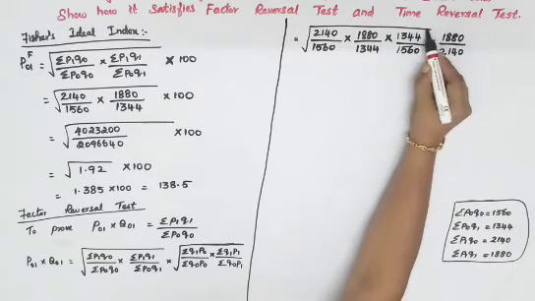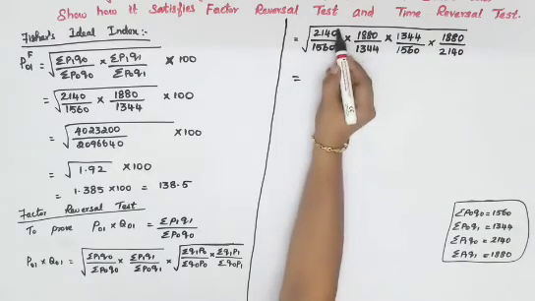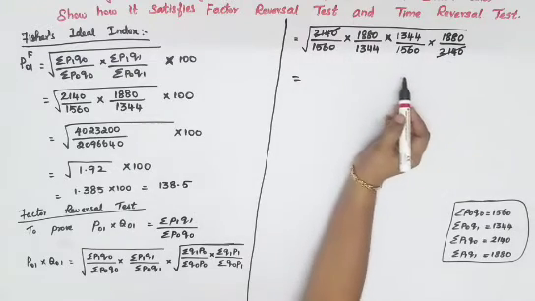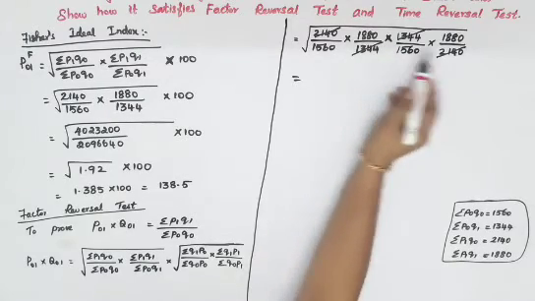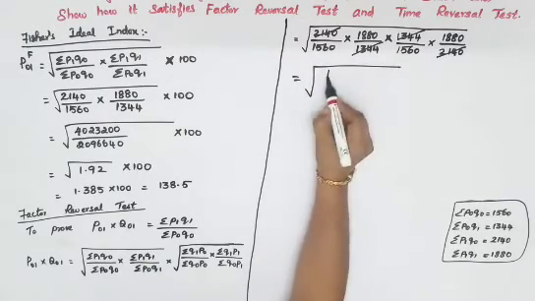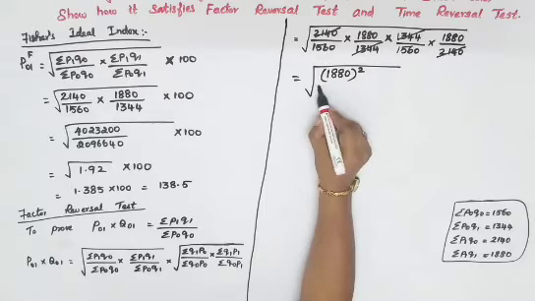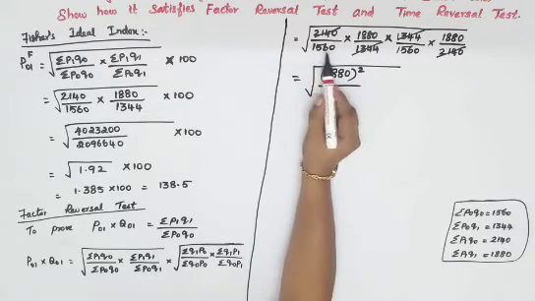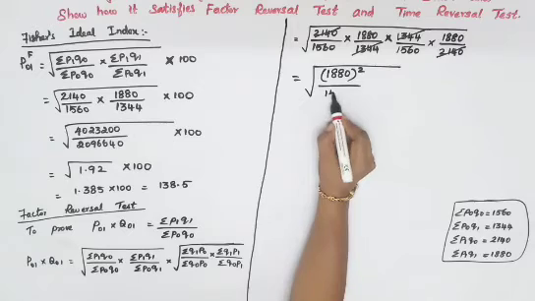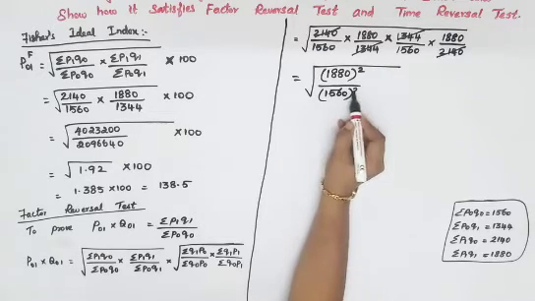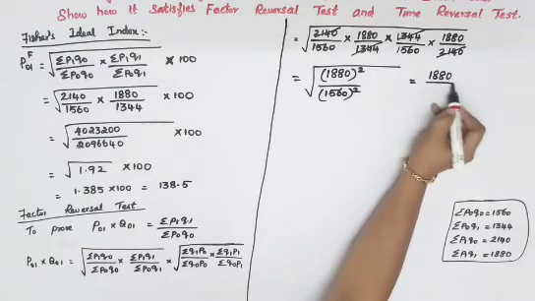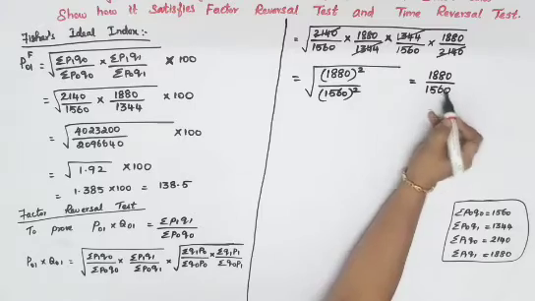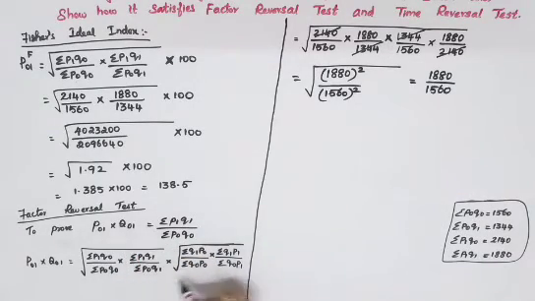So everything is within the square root. You can cancel this 2140 and here 2140, 1344, again 1344. So the left out terms are root of 1880, which is there two times, so you can give square, divided by, again in the denominator, 1560 twice, so 1560 the whole square. Now square and square root will get cancelled, so you will get your answer 1880 divided by 1560. Now we have got the left hand side with the formula, the answer.